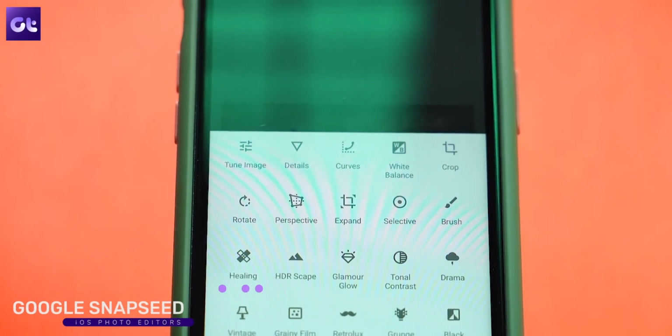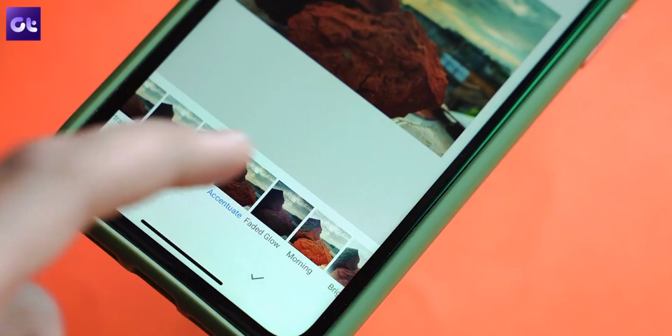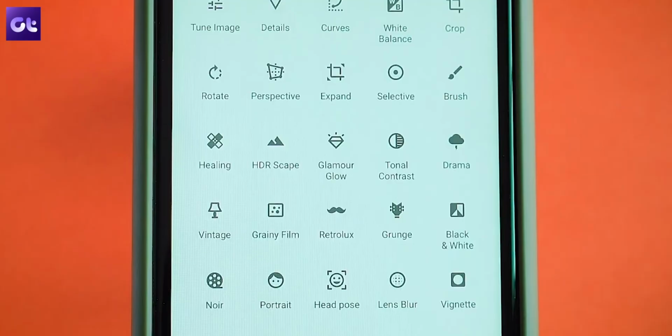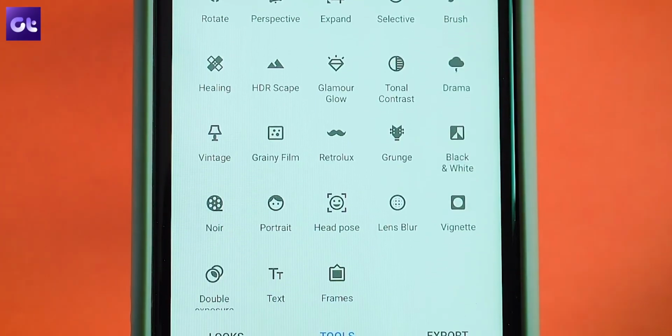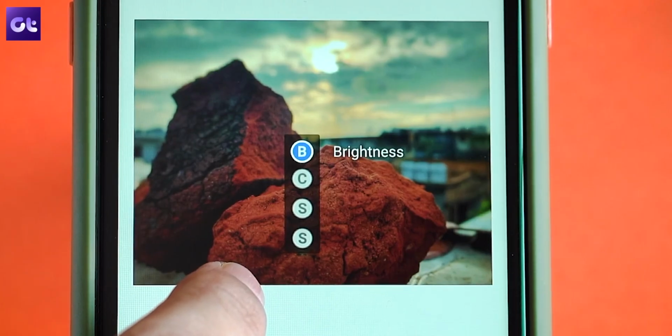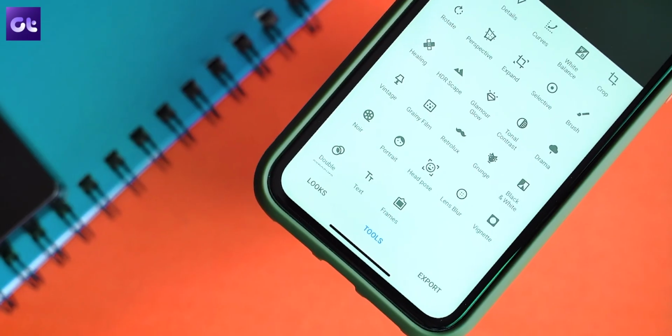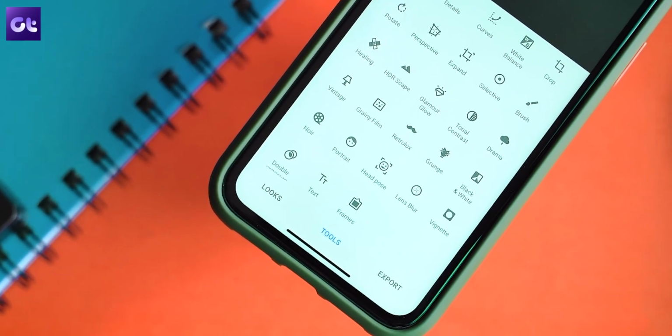Now if pro features are all that you're interested in, look no further than Snapseed. I mean seriously, it still baffles me to this date how Google is offering all of those features for free without any ads also. The app gives desktop grade photo editors a run for their money with a huge range of features and an intuitive interface that it packs. It comes with all the classic tools such as cropping, straightening, frames, text, vignettes, etc. There's also a selective adjust tool that lets you select a specific area of your photo and adjust the saturation, contrast and brightness of that single point. Honestly, this is the complete solution for beginners and advanced users alike.